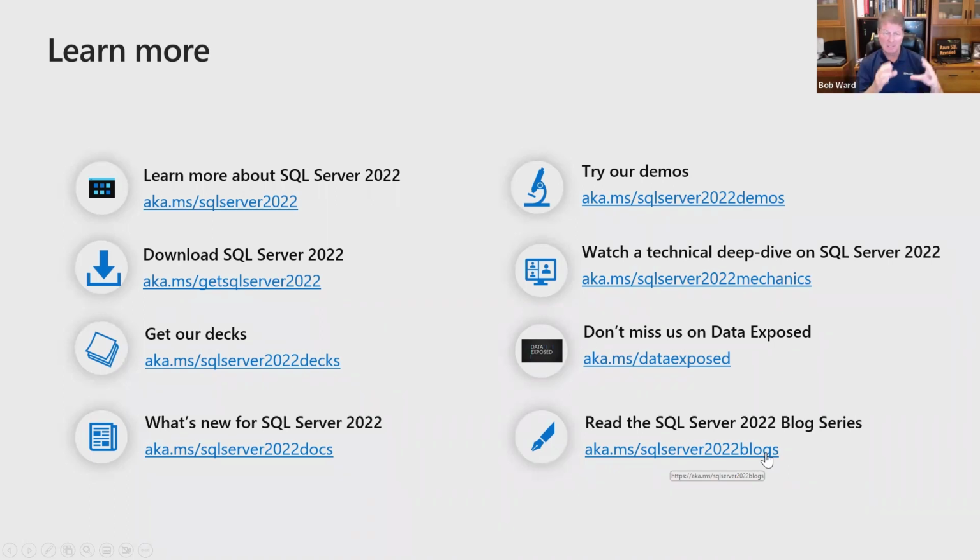So these are more taking each feature from their perspective, working with the engineering team and showing you a deeper dive about what this feature is, why we built it, with pointers and demos, that kind of thing. So keep in touch on a feature by feature basis with what's going on in our blog series.